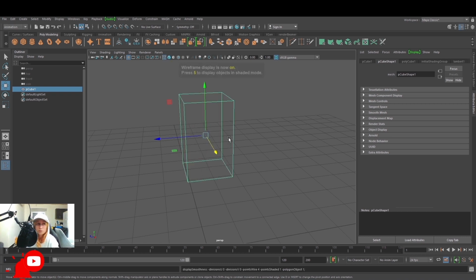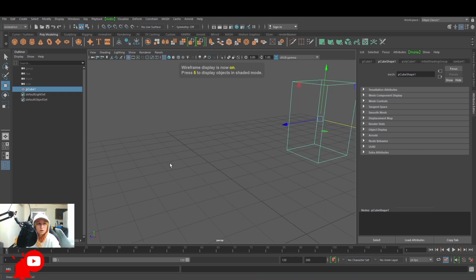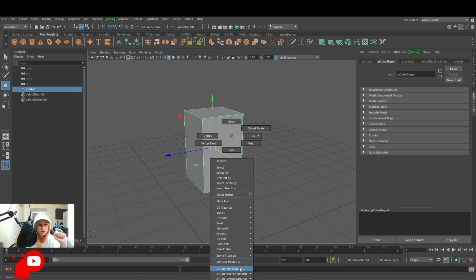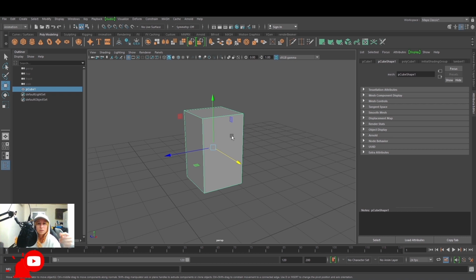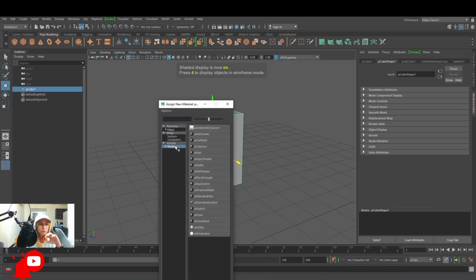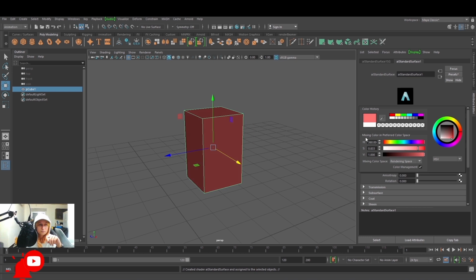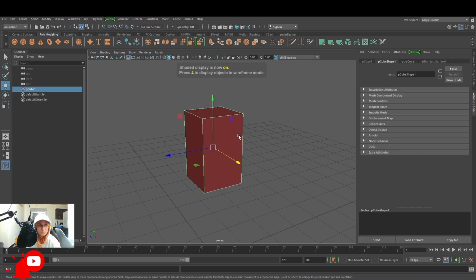If I press 4, you see the actual shape of it but with no material or anything. By pressing 5, you go back to the original shape, but you go back to the original material. So 1 is for the shape, 5 is for the material. I will add a texture on it to make it more clear. I press 5,